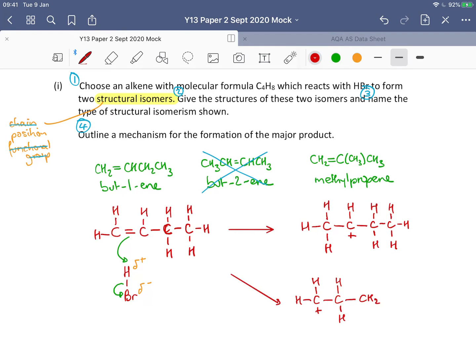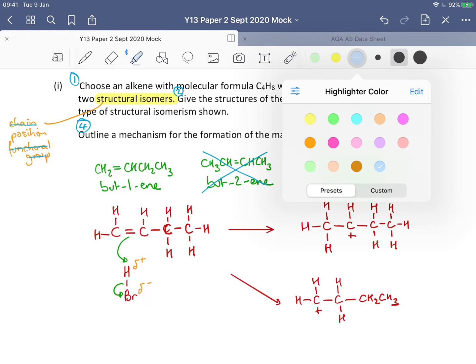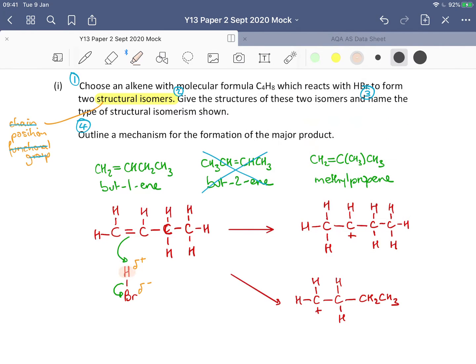I'm just going to write CH2, CH3 here, okay? Sorry. So what I'm trying to say is, let's pick a different color. This hydrogen has either bonded here or here, okay? Now, if we look at those two choices, one of them is a secondary carbocation,